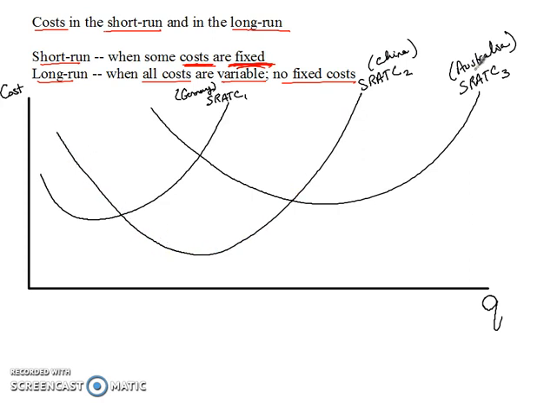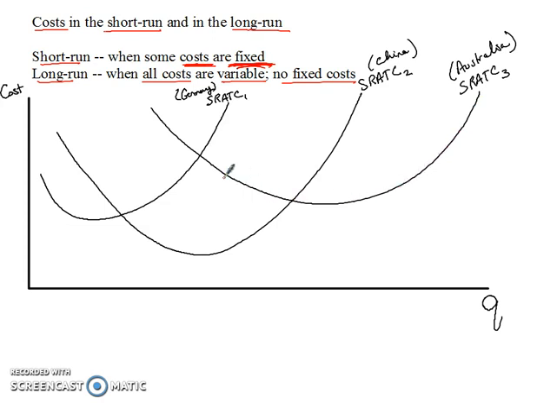If we, on the other hand, decide to build in Australia and we build this plant, well, then we're going to be stuck on this cost curve. Okay, short run average total cost curve number 3. We're going to be stuck on that cost curve because that's the plant that we built, and no matter what our level of production, that's what we're stuck on. But